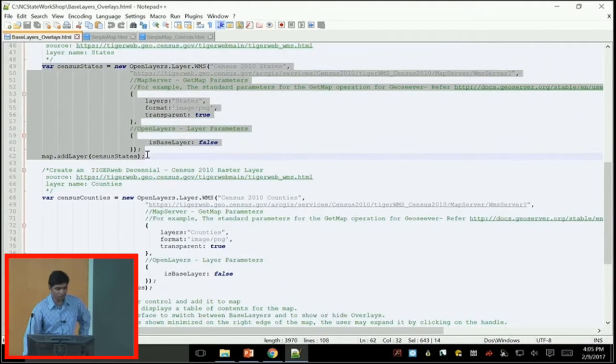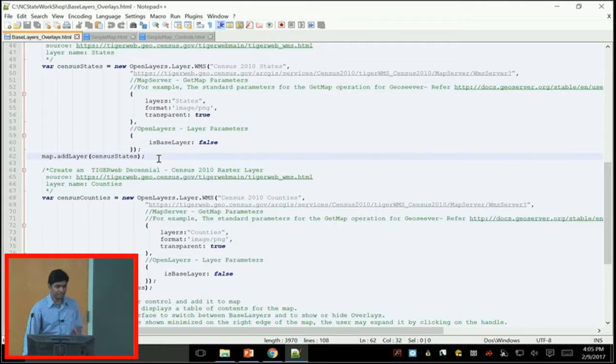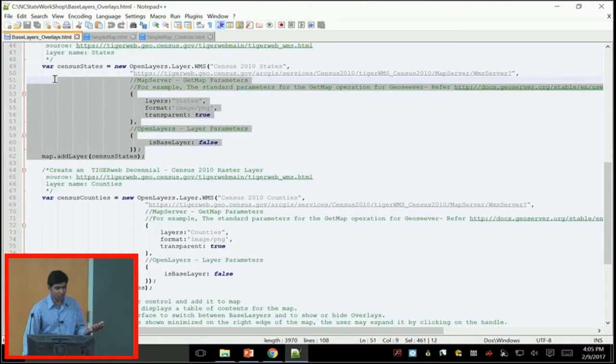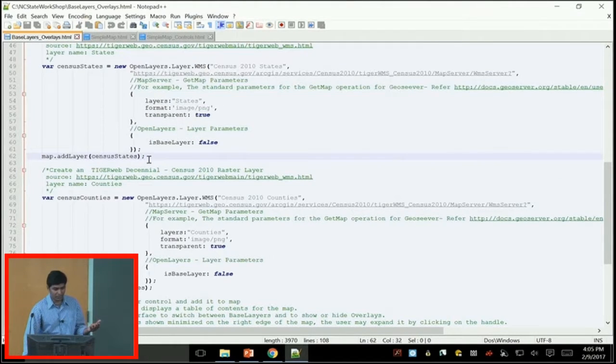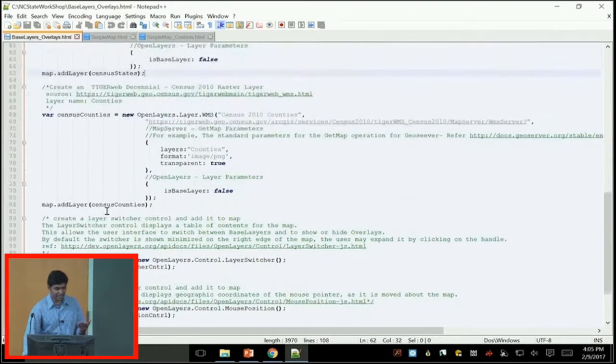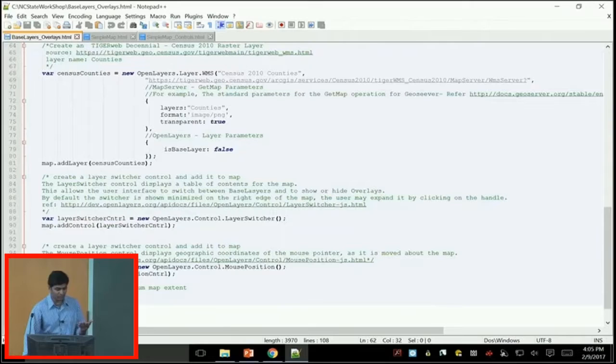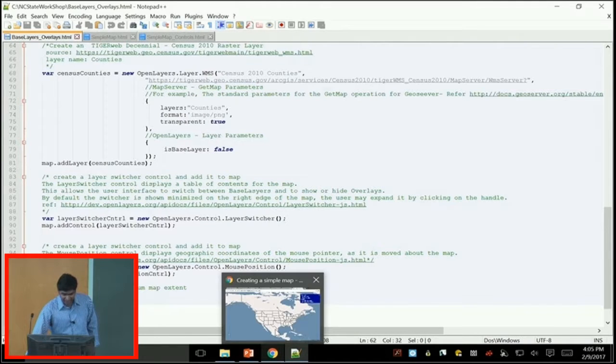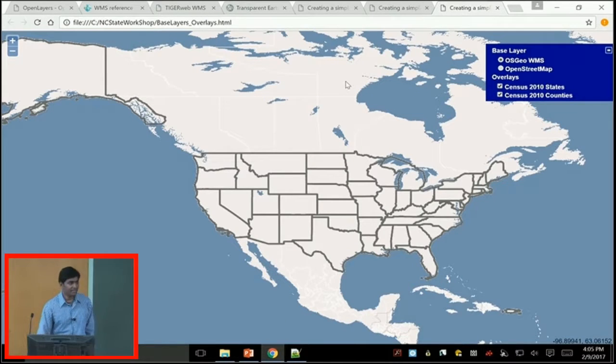So this is the code or magic that happens behind the scene. This is the code that you write to enable us to see the states and the counties layer. And then finally, we added two controls. And then we set the extent of the map, right? And at this point, I would like to go ahead and